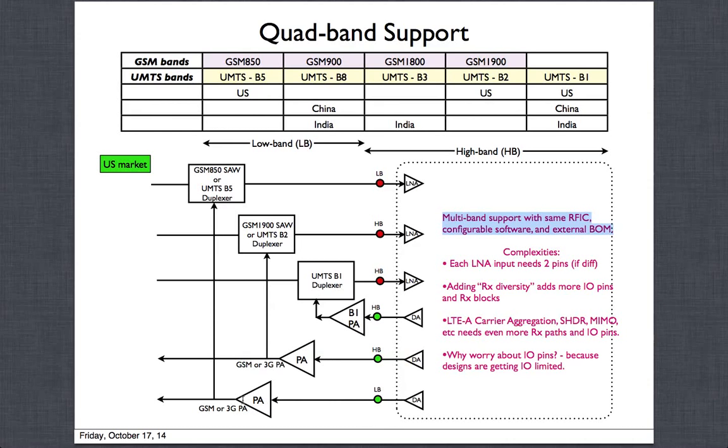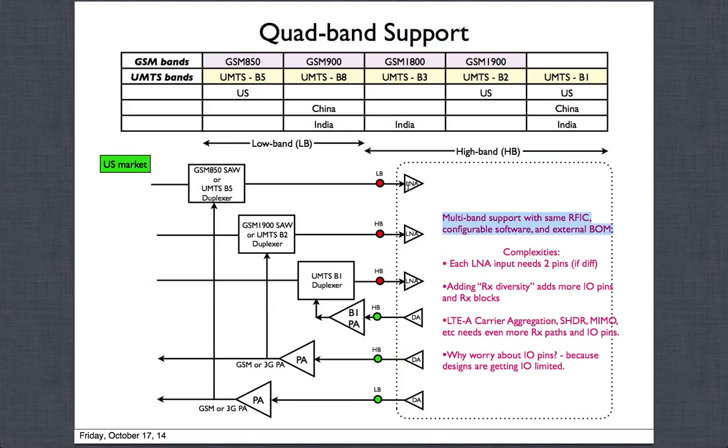If this is a GSM SAW filter, then this will be a GSM PA, right? It will go straight. It will not go into the SAW filter. It would try to go straight to the antenna through some switches which will be here. I have not drawn them because those switches could be in different configurations, different kinds of topologies. But let us just assume that if it's a GSM PA, it goes to the antenna eventually. Okay, so this becomes your receive path for GSM 850 and the transmit path.